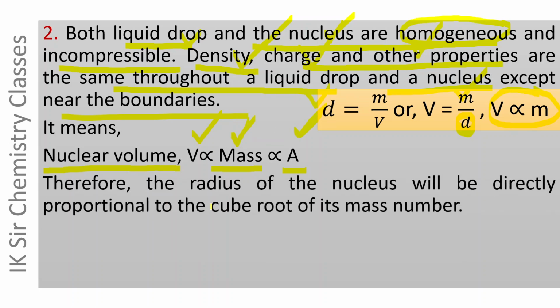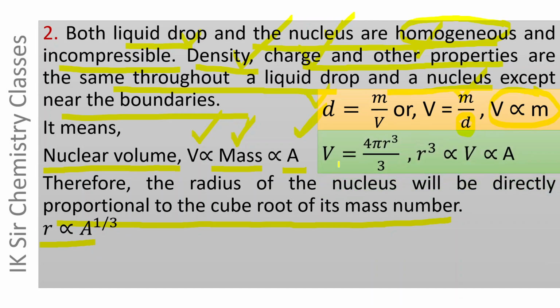Therefore, the radius of the nucleus will be directly proportional to the cube root of its mass number. On this basis, the radius of the nucleus will be directly proportional to cube root of its mass number. Radius is directly proportional to A to the power 1 by 3. And it can be seen here,